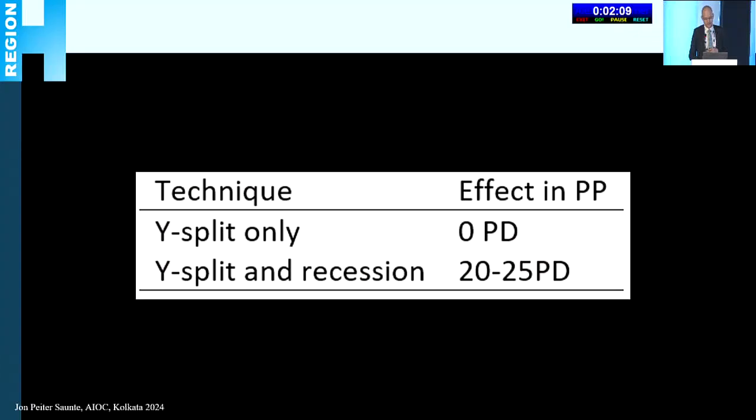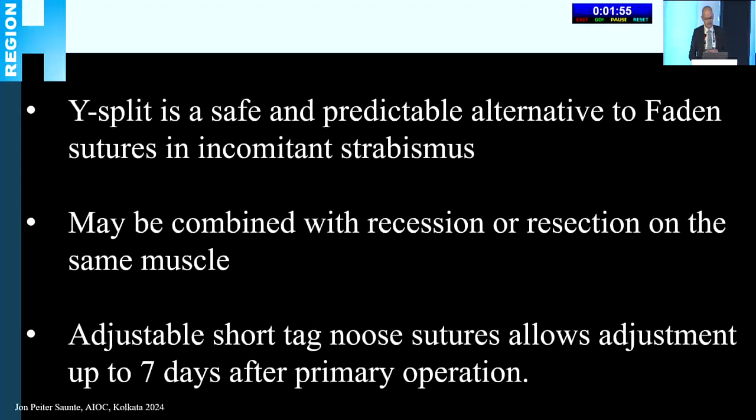So if you do the Y-split only, it will not change anything in primary, but you can have effect in the gaze where the muscle is pulling. And if you combine it with the recession, you can add to that in primary. So Y-split is a safe and predictable alternative to Faden sutures in incomitance strabismus, and especially in cases where you want to not harm the sound eye, the good eye, we can do this in the good eye in retinal